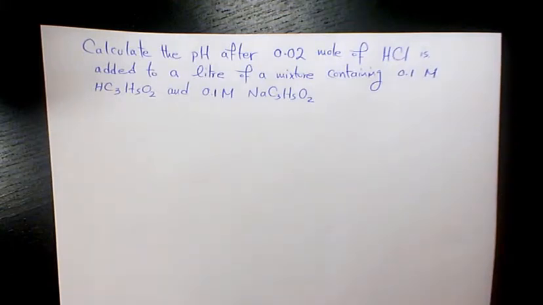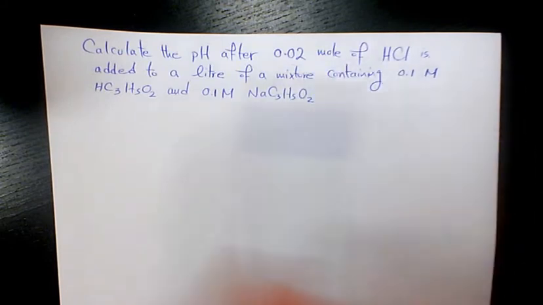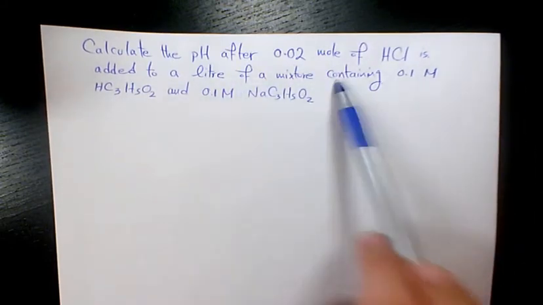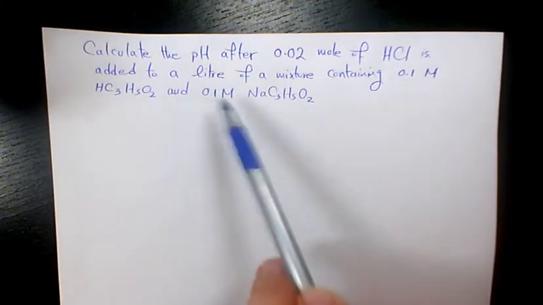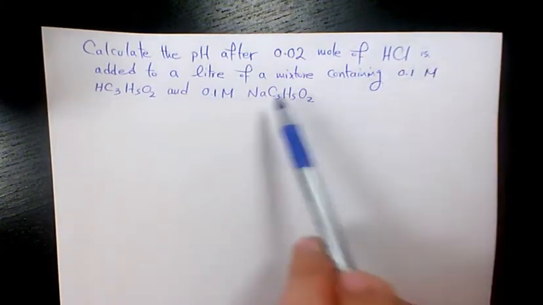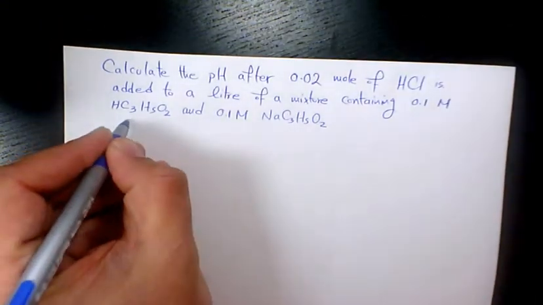Welcome to another video. In this video I want to show you how to calculate the pH after 0.02 mole of HCl is added to a liter of the mixture containing 0.1 molar of acid and 0.1 molar of NaC3H5O2. So first of all,